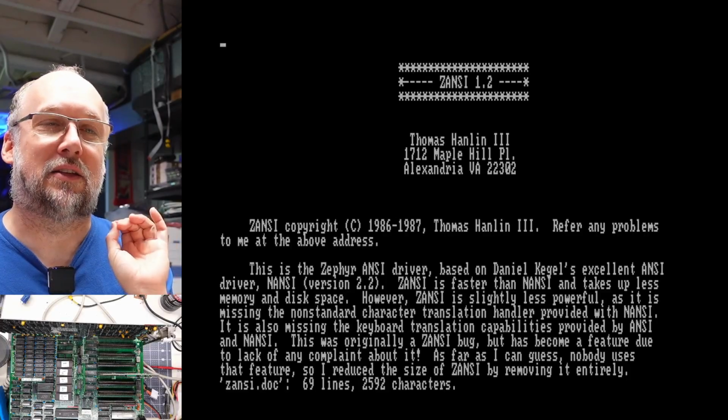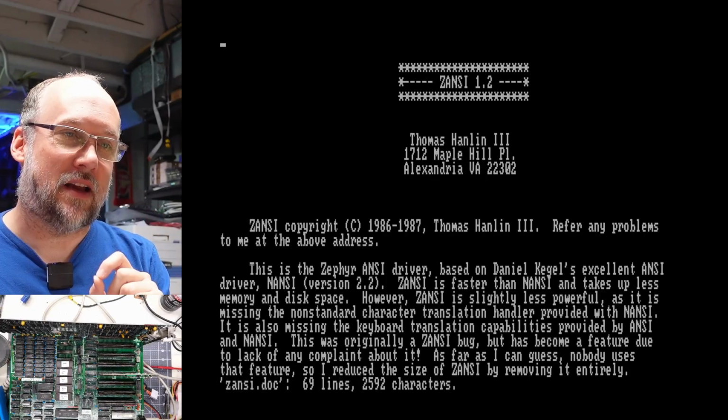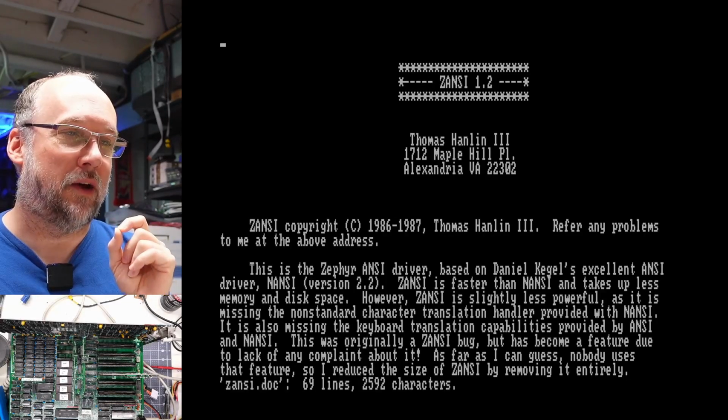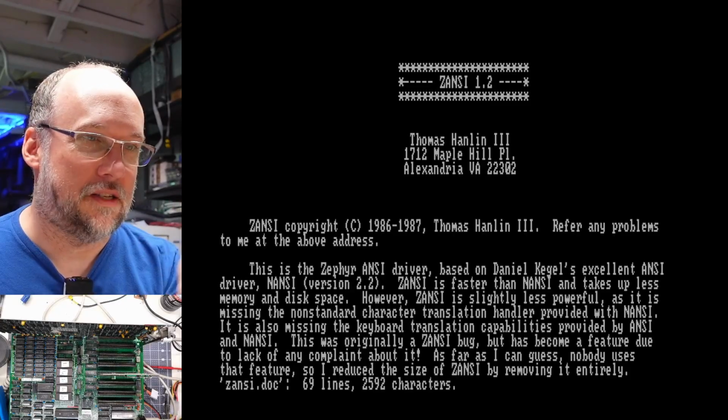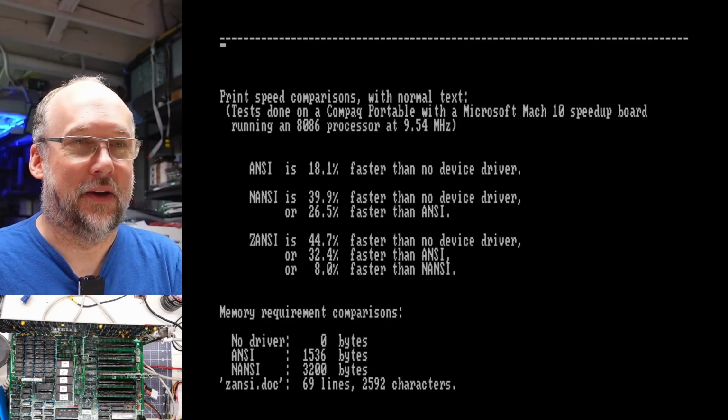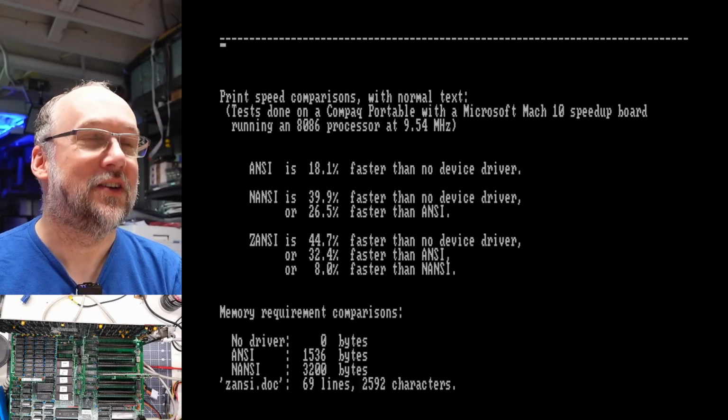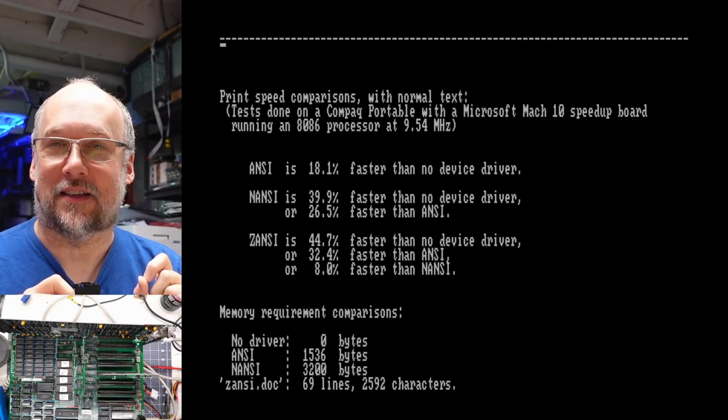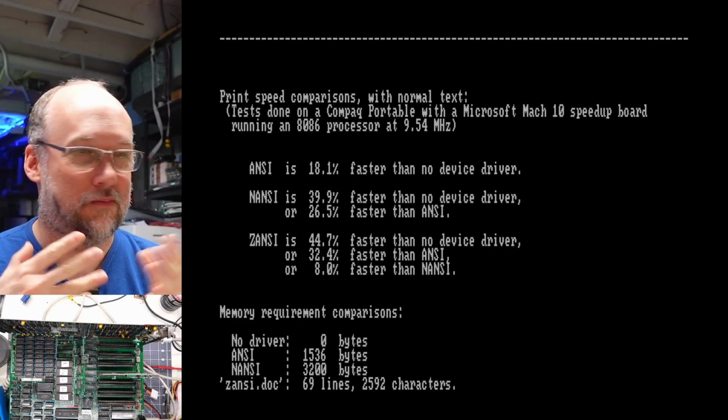However, Xansi is slightly less powerful as it is missing the non-standard character translation handler provided with Nancy. I guess it doesn't really matter because he says that nothing really uses that. And here we go, we have a little bit of benchmarks here. So I guess the stock ANSI.sys that comes with DOS, at least whatever version that they're testing here in the